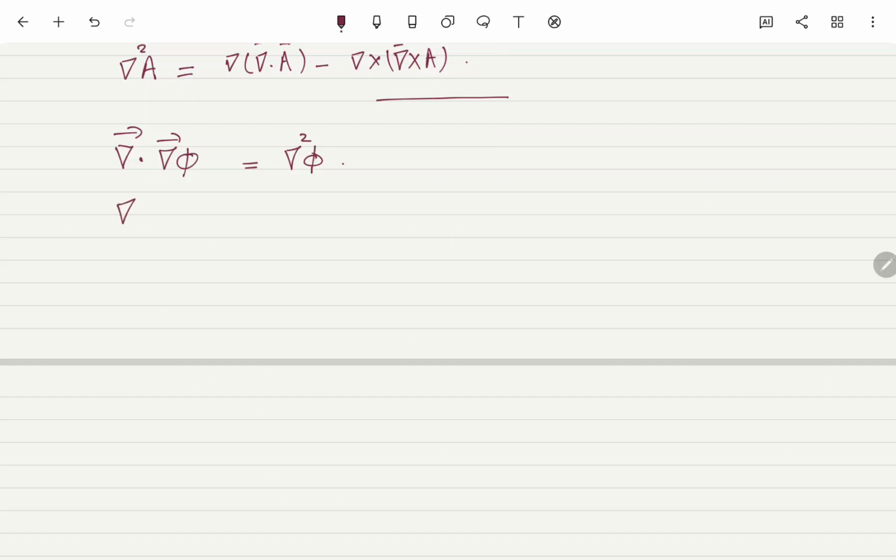And a del can be applied on a gradient with a curl, and we found that this one is equal to 0. And in case of divergence, the only possible case is a del can be applied on a divergence like this one here,